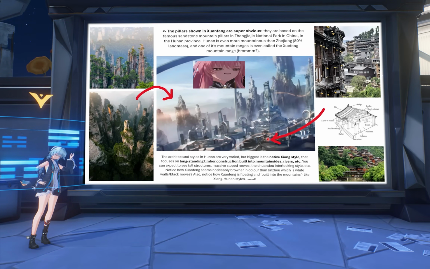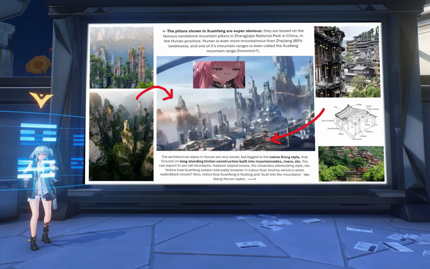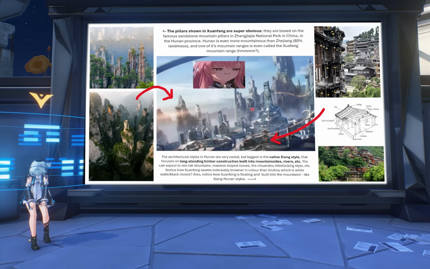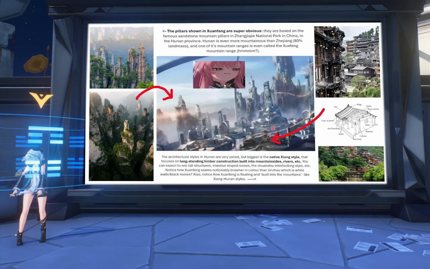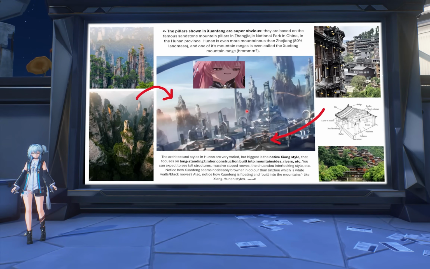And the core philosophy of the Xiang style is that you build and live within the mountains. And I think that Xuanfang, this floating city, is a very modern interpretation of that. It's literally a city floating amidst the mountains, yeah? So that's my guess currently for what the design inspiration is, but of course there's one more question left unexplained,